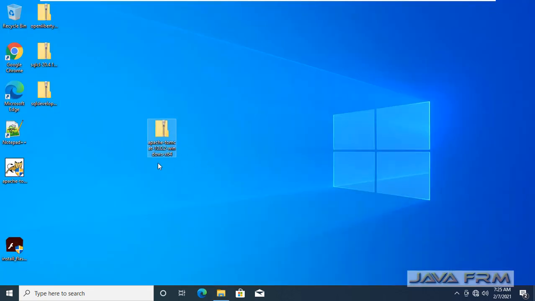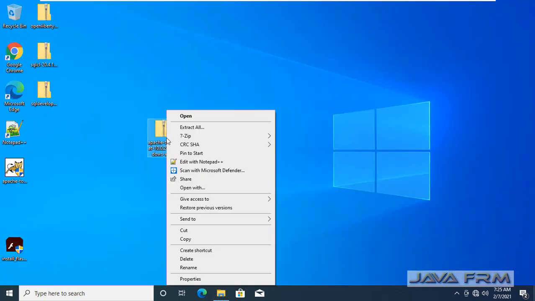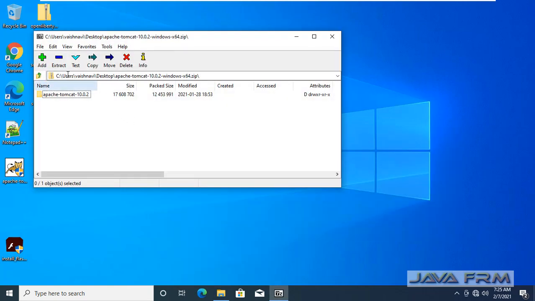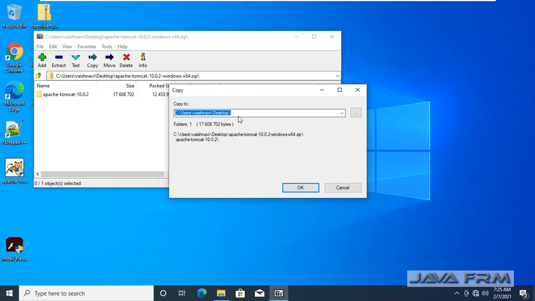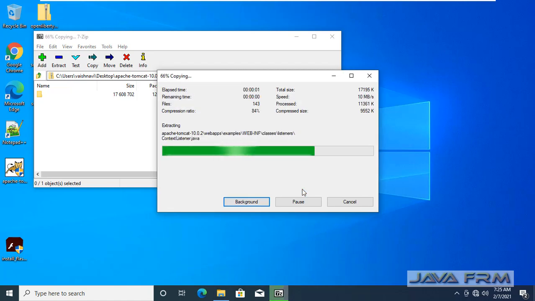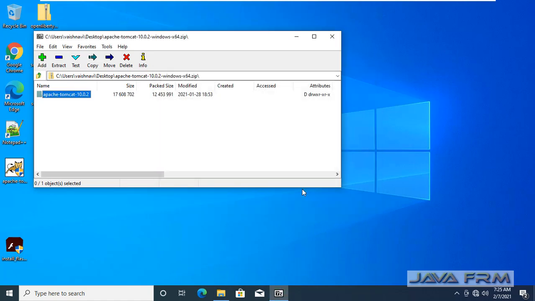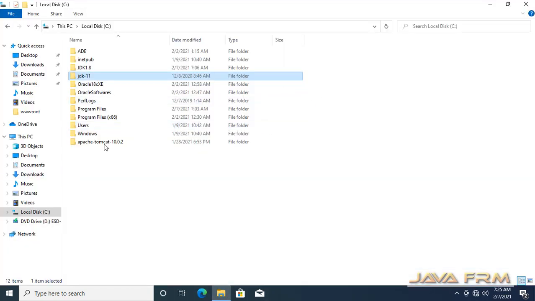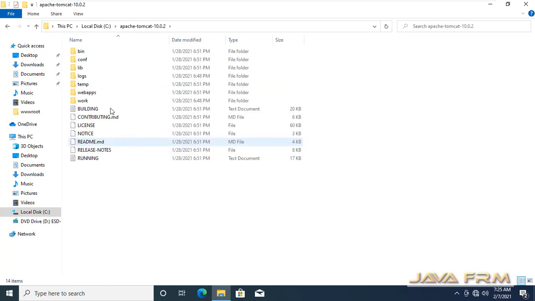Now let me extract the Apache Tomcat 10 zip file to one directory. Extraction is completed. This is the directory structure of Apache Tomcat 10.